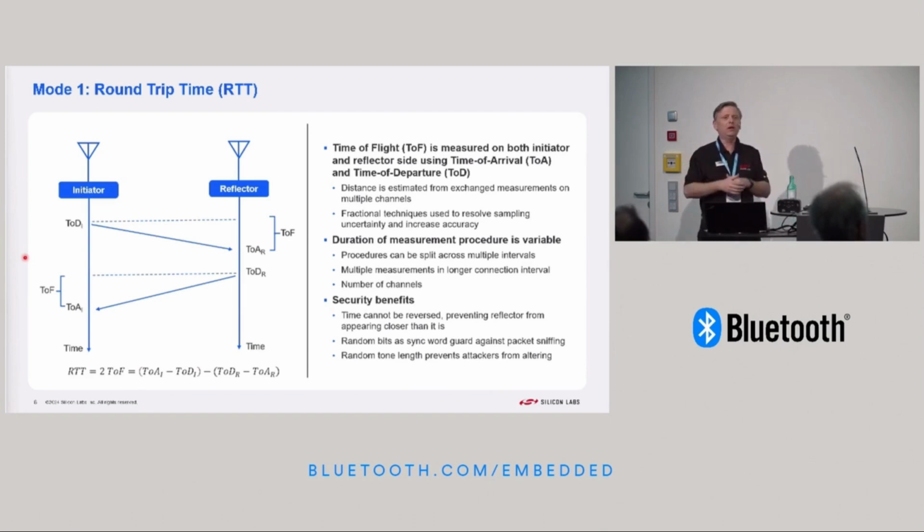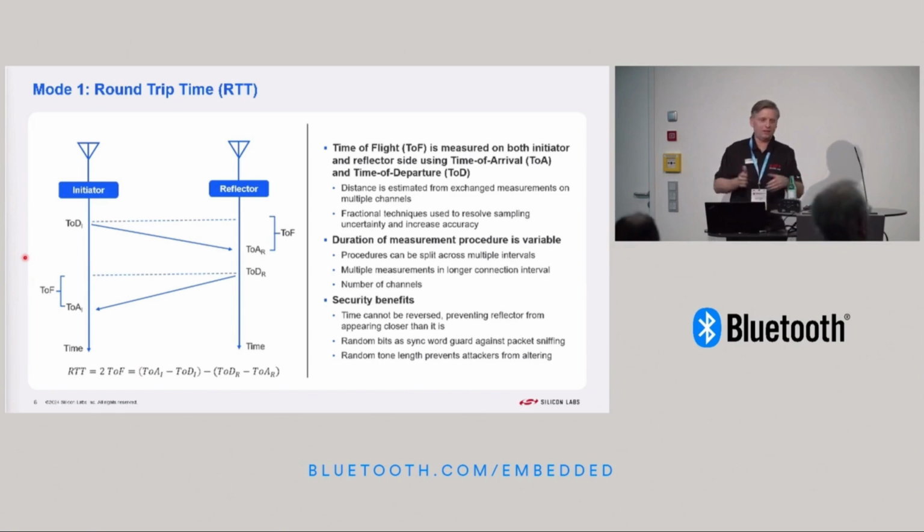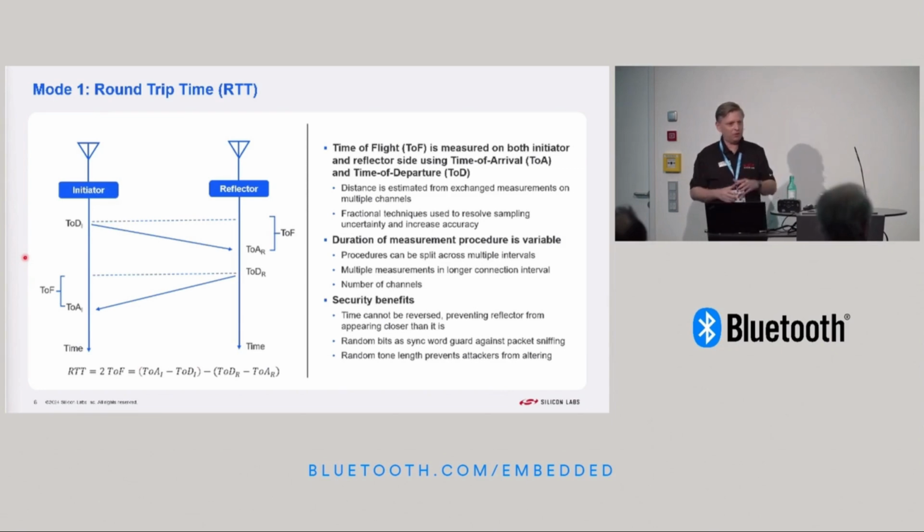This is for malicious kind of relay attacks and things like that. And so the main benefit of using RTT is for this kind of added security feature. And there are optional features, optional operations within an RTT step where you can add random bits to a sync word. You can adjust the length of the packet in order to, again, try to minimize the potential for a